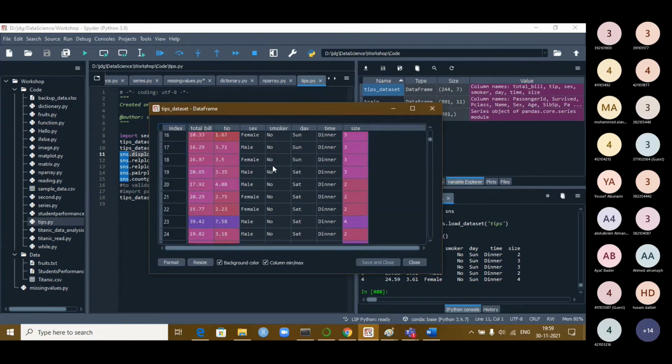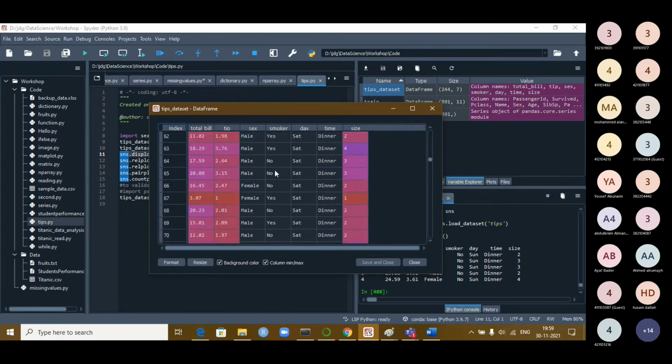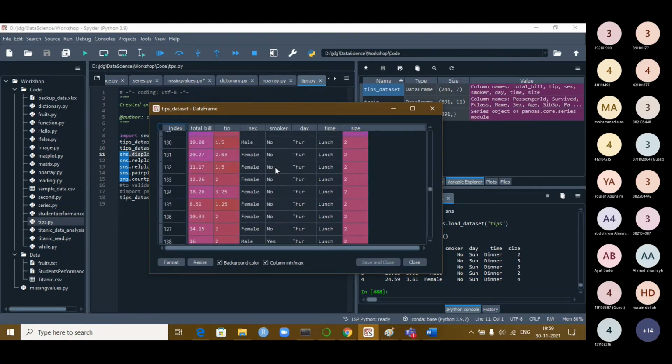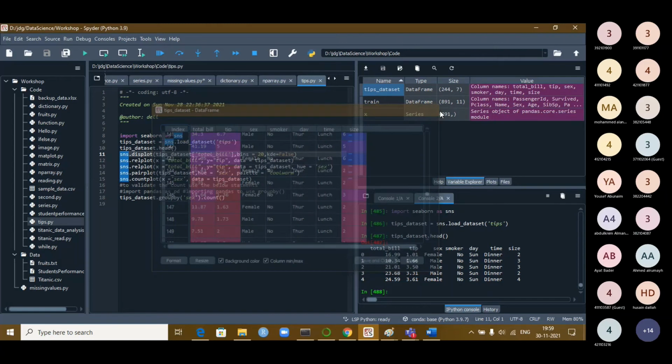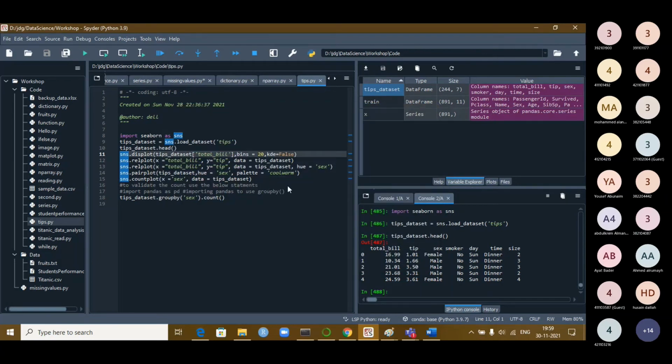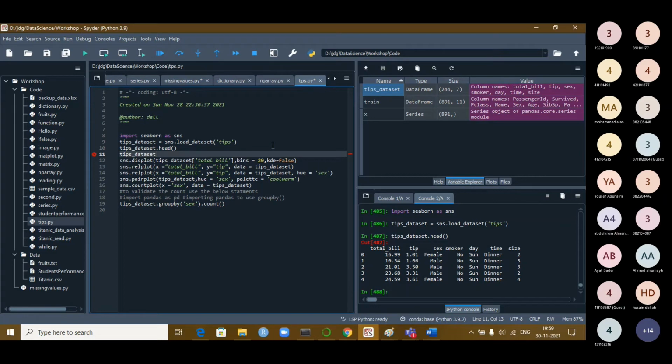You see, do you have any NaN values here? Nothing. How do I know whether NaNs are available or not? I told you two methods. You can observe from the data frame by opening, or if you want to see it, then your data set dot info. This will give you an idea.